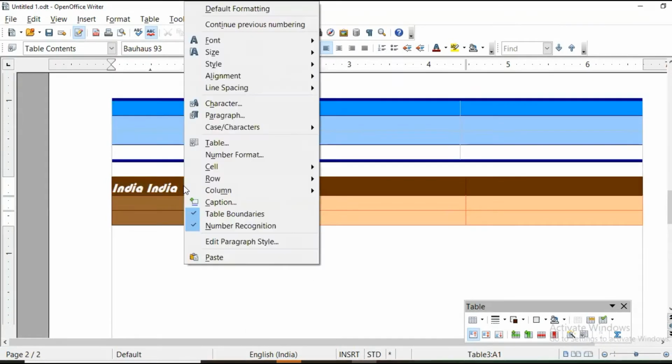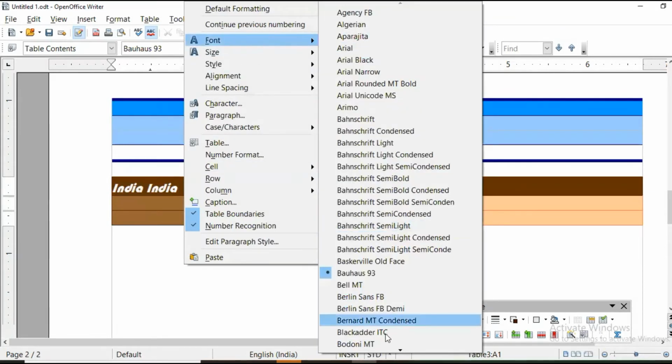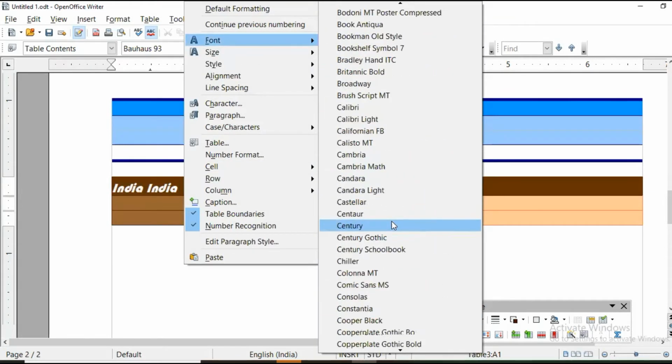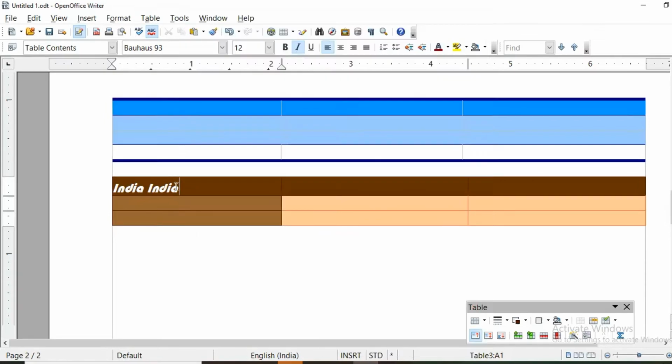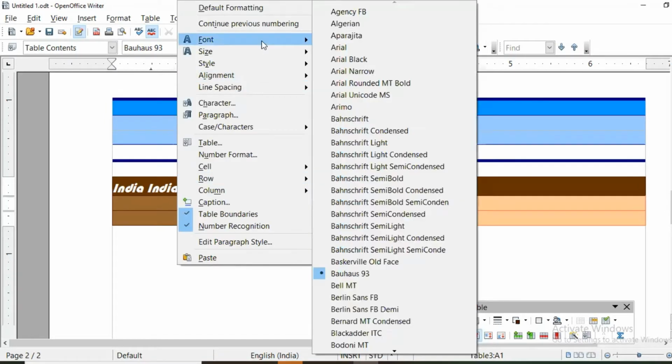This way we can change font. There are so many fonts; whatever are installed in your computer, all those fonts you will get here, that you can use here.